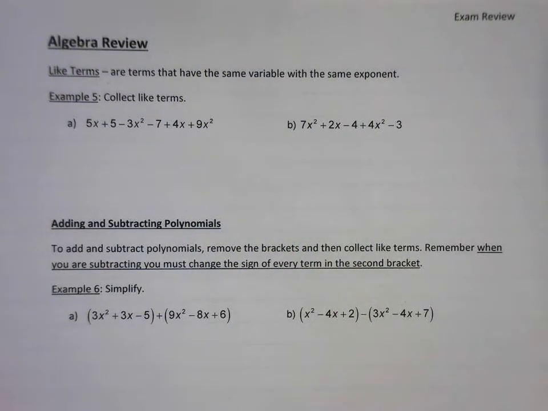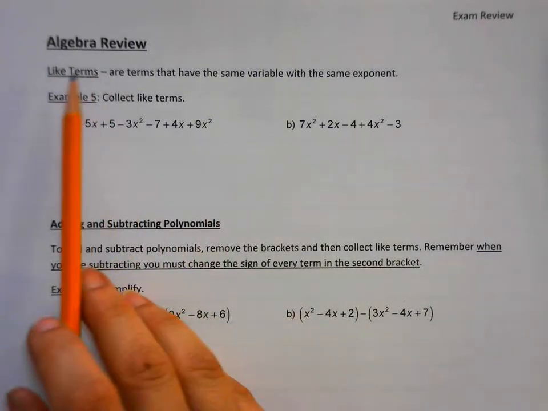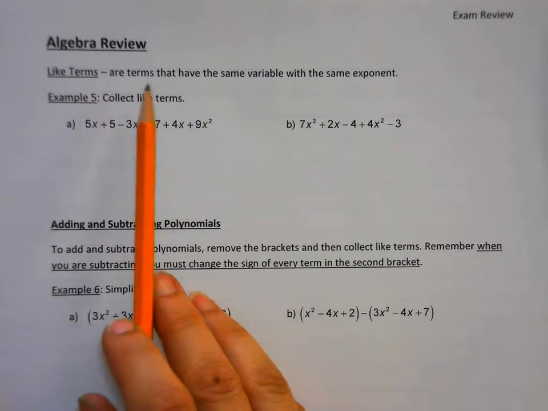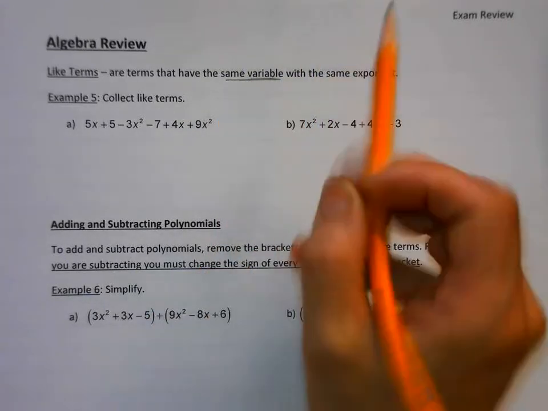All right, so on with the exam review. I'm on page 6, Algebra review. So we have to know what are like terms. They are terms that have the same variable, so that variable means letter,